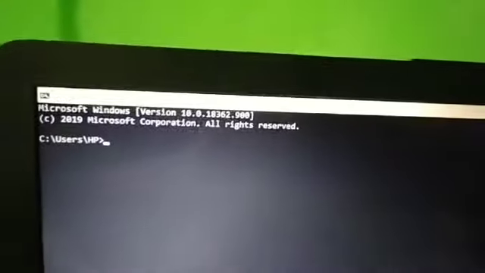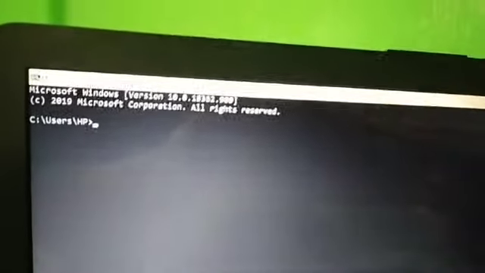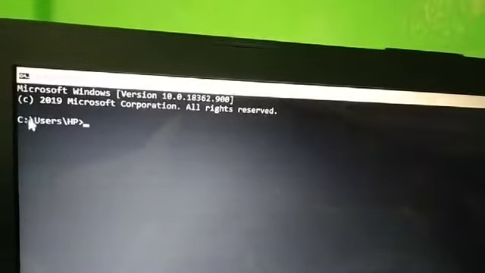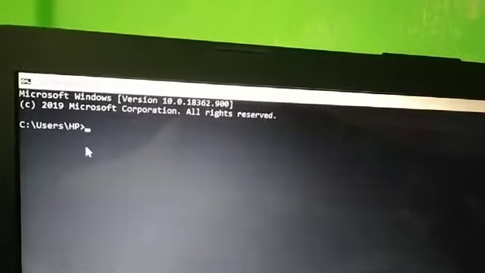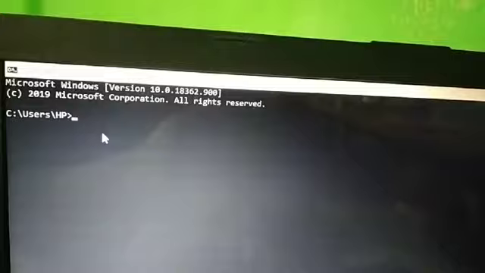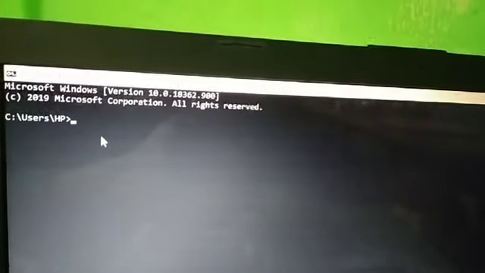What do you see here? A black and white screen, and the prompt, which is C colon. And here we write the command. This is a CUI operating system, children, and its name is MS-DOS.